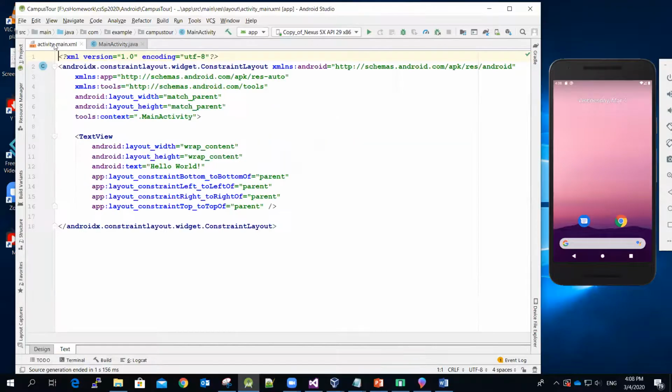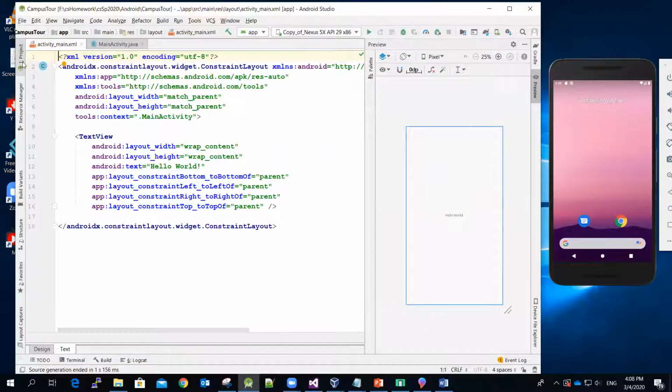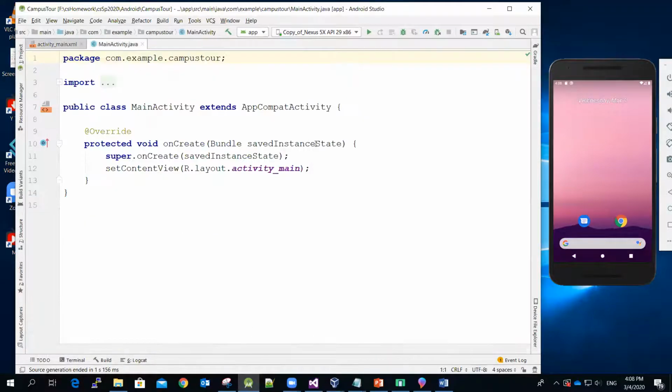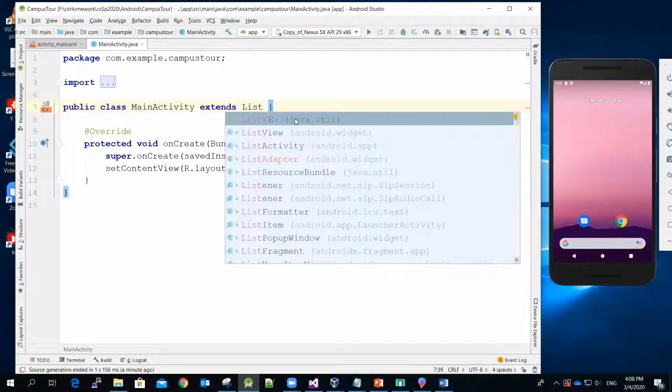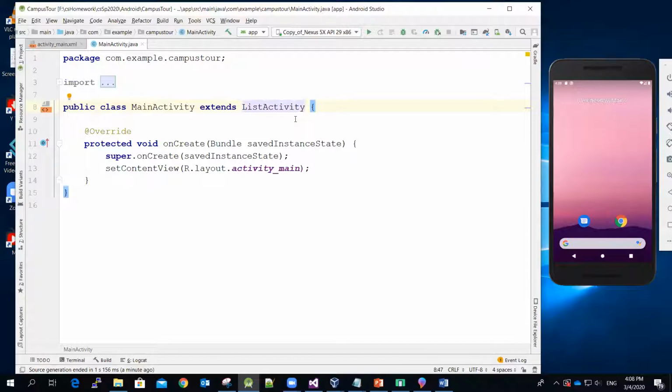But then instead of dragging and dropping a list view control into my main screen over here, this time I would like to use the app itself as the list view. So first things first, I have to change the base class from this app compact activity to list activity. So you can see that there's a list activity over there, and then once you change that, step number 2,